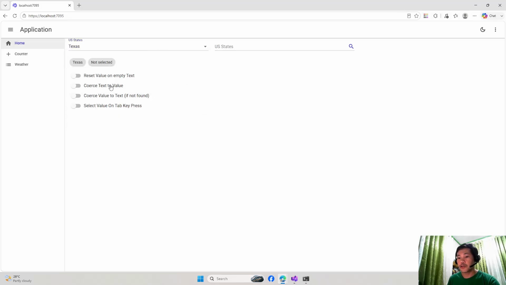So it has several options also that you can try. This one is reset value on empty text, which means that if you clear the input, then the selected value will be cleared also. Or reset, in this case. This one is coerce text to value, which means that